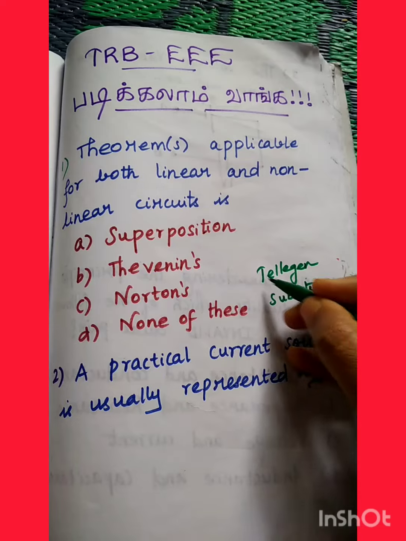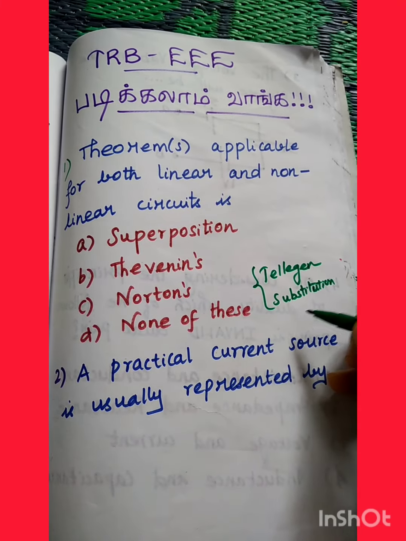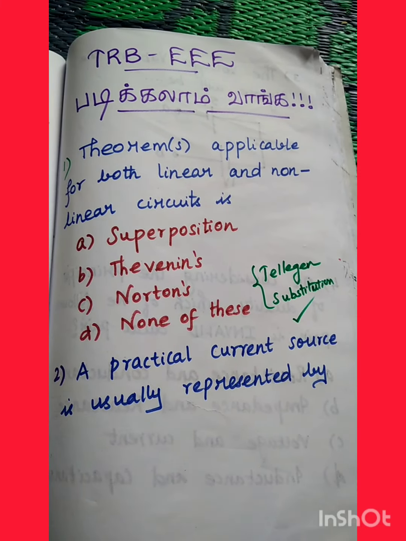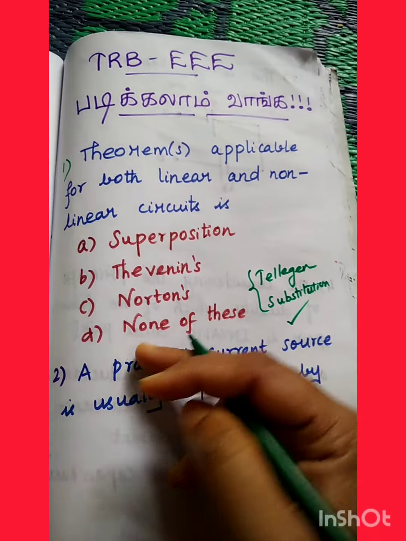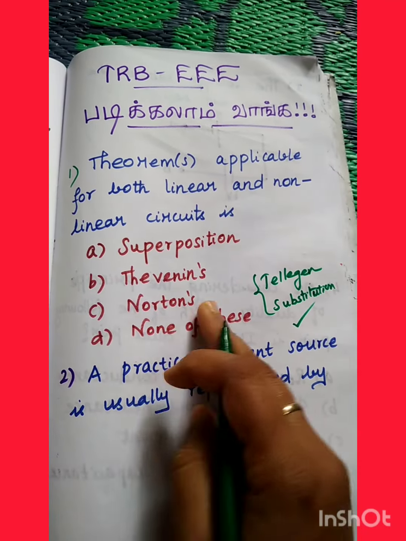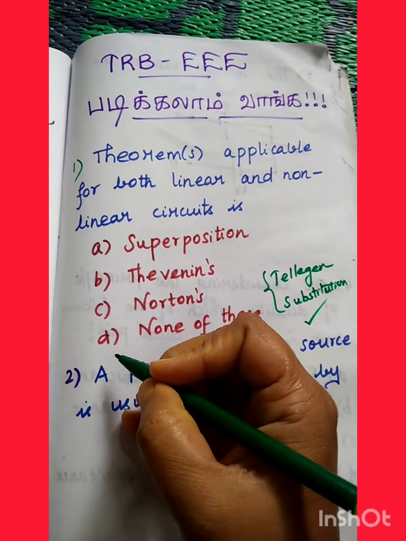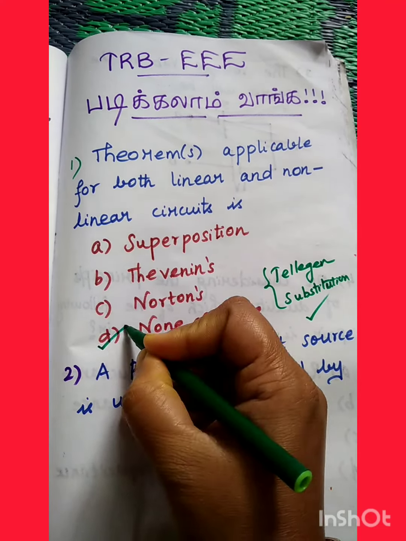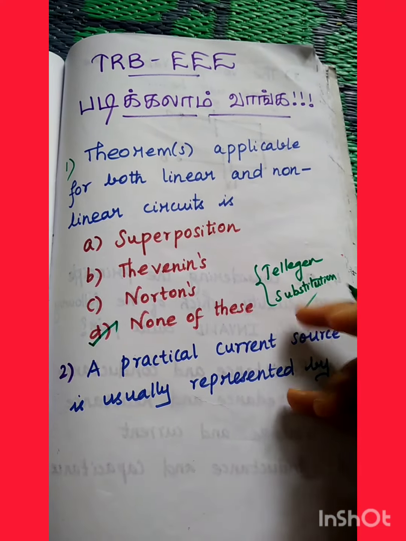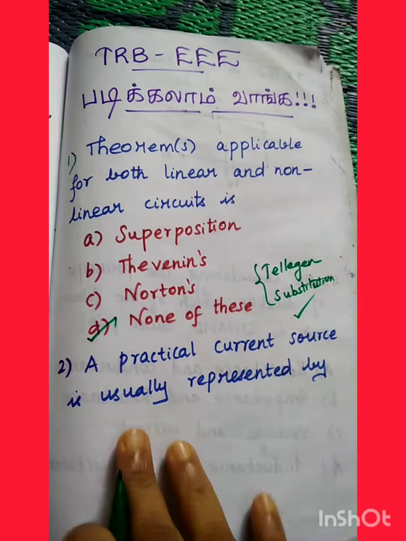So these two theorems we can choose, but our options are superposition, Thevenin's, Norton's and none of these. So our option is none of these. For both, we can choose these two theorems. Okay. The next question,